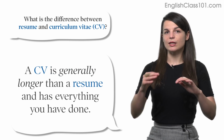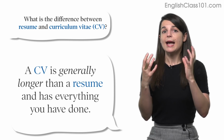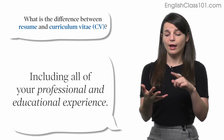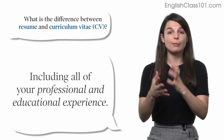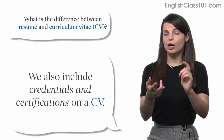So a CV is generally longer than a resume, maybe like 3 to 4 pages, and it includes everything you have ever done, all of your professional experience, so that's your work experience and your education experience, where you went to school, the degrees that you have, the topics that you studied, and so on. But we also, on a CV, include our credentials, our